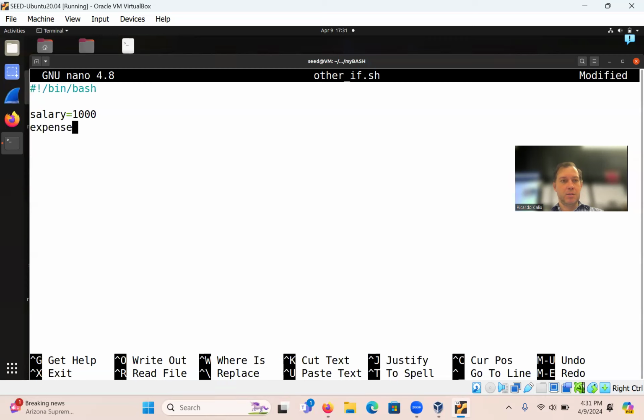Expenses equal to 800. Okay. So you can comment your own code.